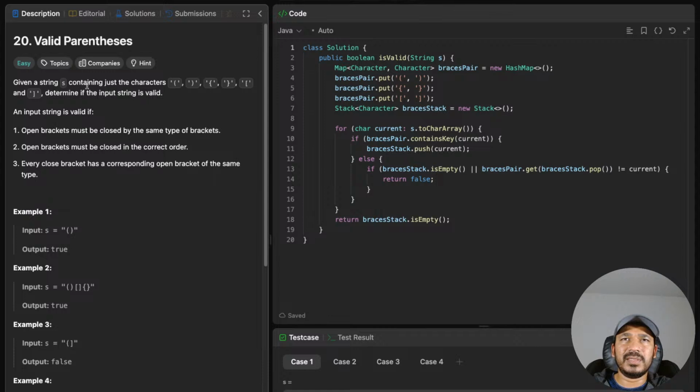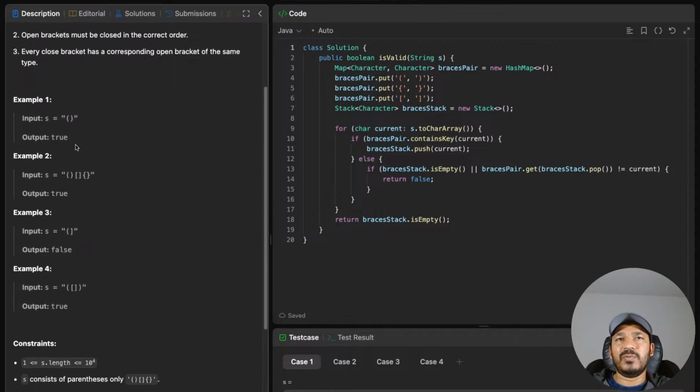Valid parenthesis. Given a string S containing just the characters open braces, close braces, and other types of braces, an input string is valid if open brackets must be closed by the same type of brackets. Open brackets must be closed in the correct order. Every close bracket has a corresponding open bracket of the same type. Okay, so what we can do, we can use a stack, and whenever we have an open bracket, we can push it to the stack, and whenever we have a close bracket, then we can just pop out of the stack and see if that is the matching